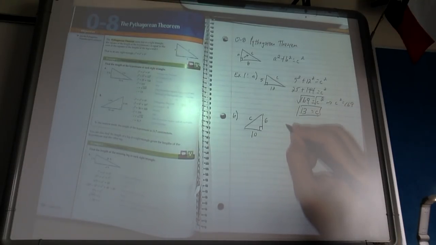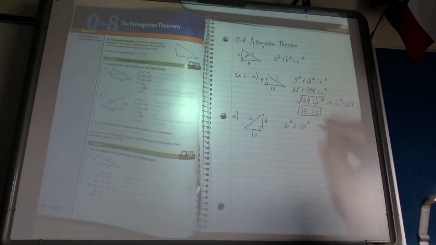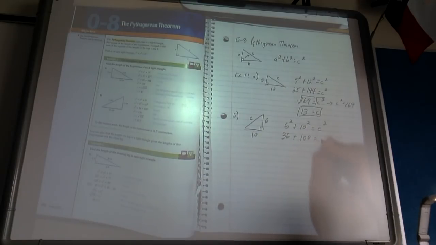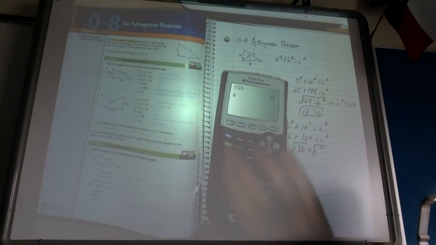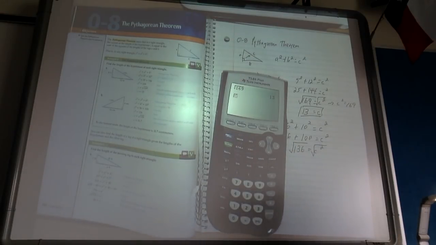The short leg is A, so I'm going to have A squared plus long leg is B, B squared equals C squared. Let's do the math. 6 squared, 36, plus 10 squared is 100. That's going to equal C squared. Pretty simple addition right here. 136 equals C squared. For our intents and purposes right now, when I take the square root of both sides, I am still just going to do it in the calculator. Second x squared pulls up your radical sign. The square root of 136 is